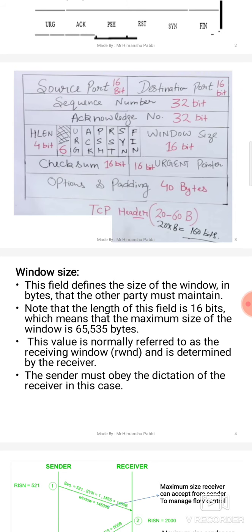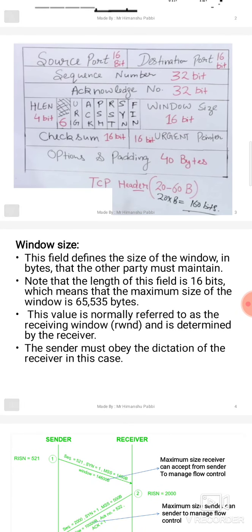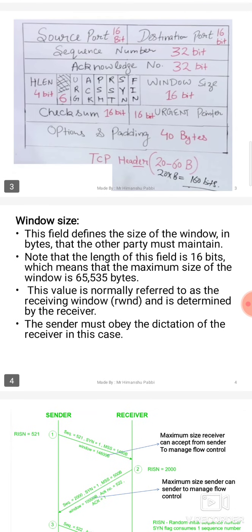The next field is window size. The size of the window is 2 to the power 16 for sender and receiver. The maximum data which a sender can send is 2 to the power 16 minus 1, and for the receiver it is also the same.